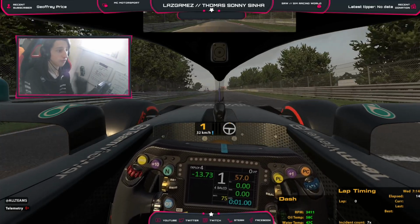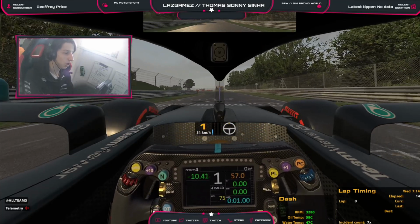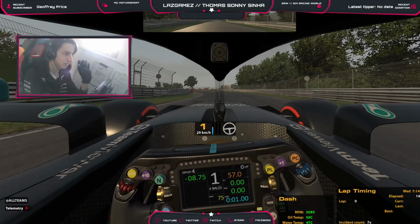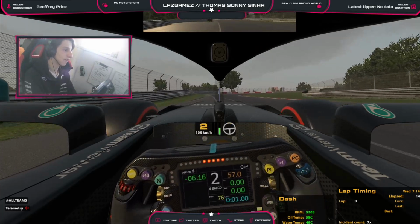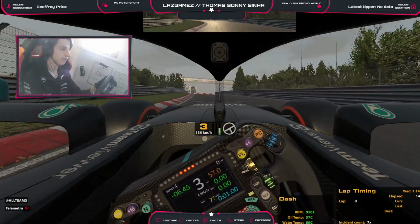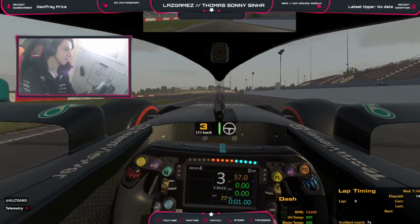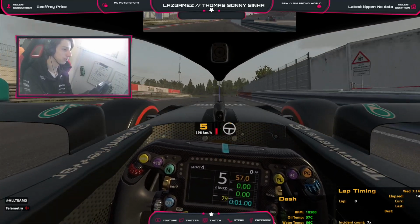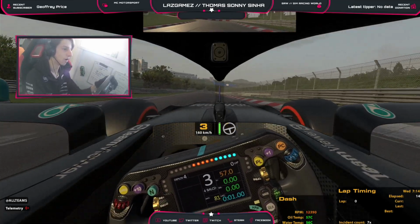If you remember back to our Formula E hot lap, that was about a 6-minute 36 lap time, so I'm expecting this to be around the 6-minute dead mark, but we're going to see. So we're going to head up towards our final corner now, through third gear, and now final corner. Here we go, to begin our lap, no X's, and we're just going to be brave. Let's go, fourth gear across the line, down to second for turn 1, and we're already through turn 1